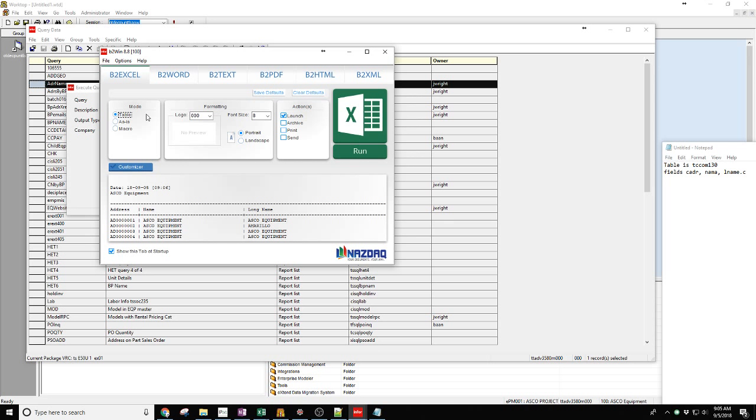I've set my presets. I can't remember what was already set. Table, it doesn't have a logo, but whatever. Font size, I say launch. You could say send it or print it, whatever. You can have it import to Word, text, PDF, HTML, XML, but Excel is going to be where you're probably going. This is the way it would print out into Excel if we were not using B2N, but since we're using B2N, when I hit run,